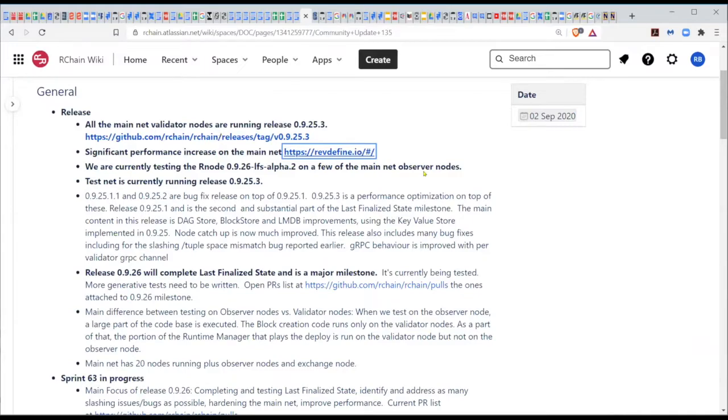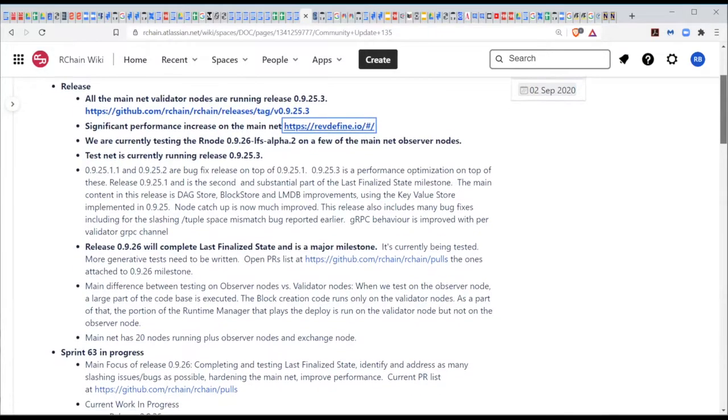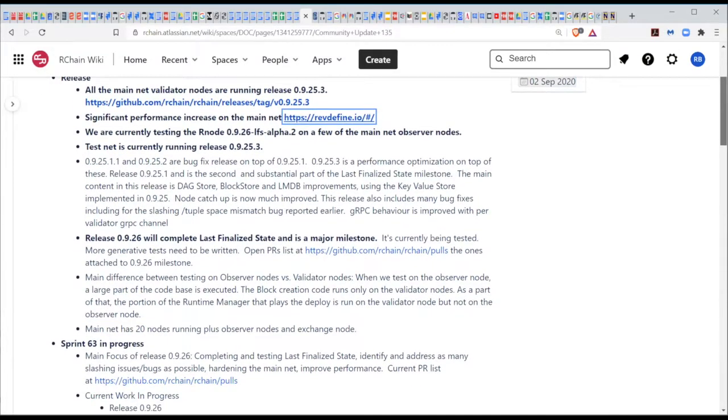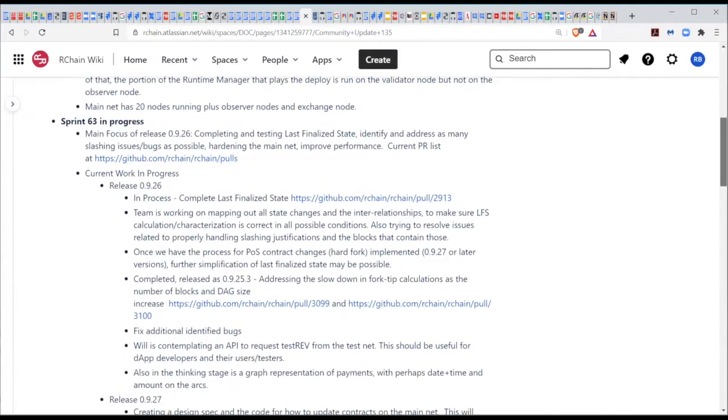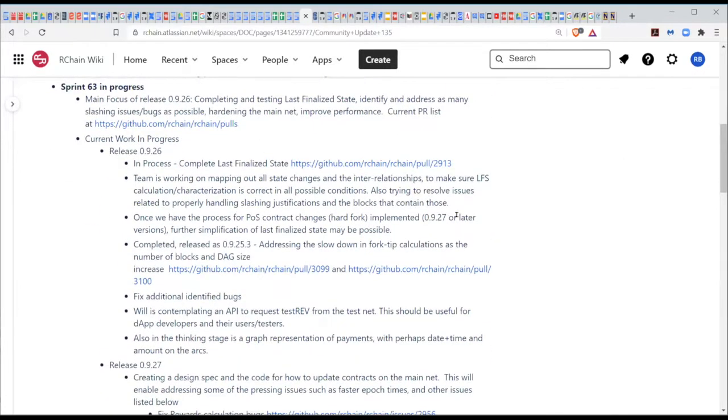And we're still continuing to work towards completing the 09.26 last finalized state final version. All these, 09.25.2, 09.25.1, are basically steps in that direction. But we think we're getting close to the final part of the 09.26, and where we are, scrolling down the document here,